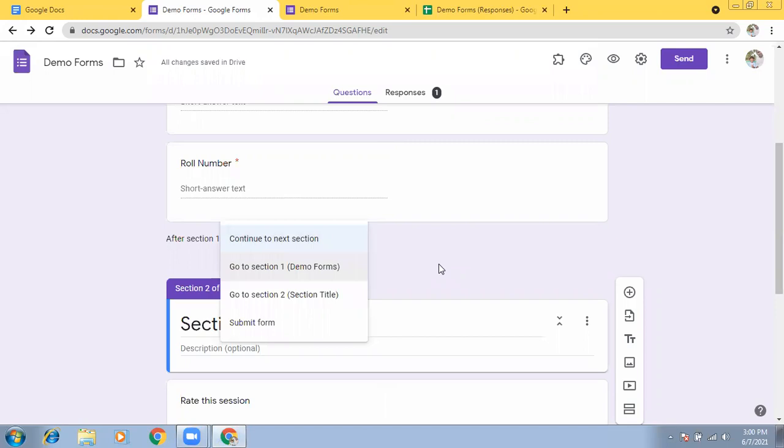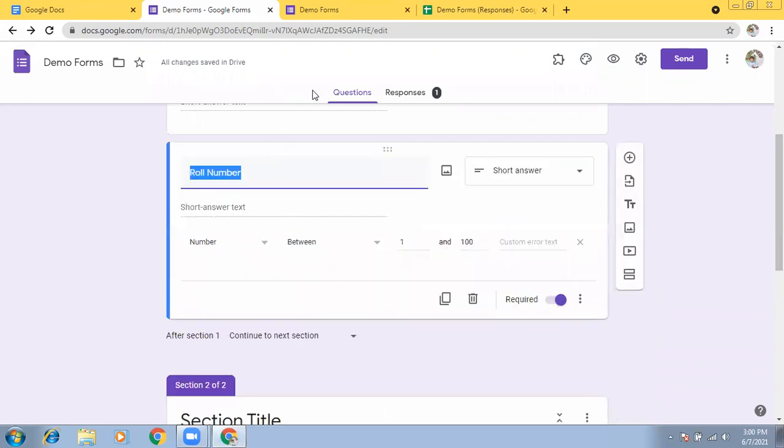No, that will not work here. Okay, because what I was asking is, if there's a drop down list on the first page only, if it's a teacher, then you go to section 2, and if it's a student, then you go to section 2 only, but the questions are different.